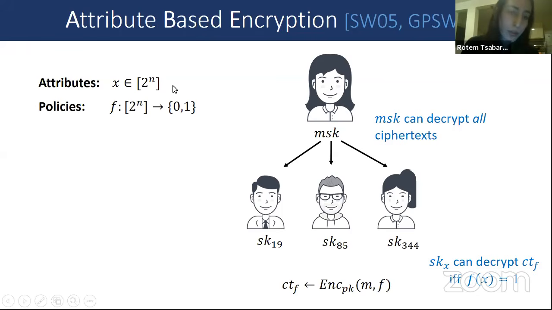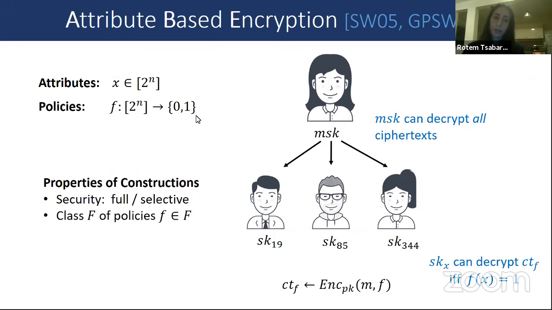And then every time we want to encrypt the message, we specify some function f, which we call the policy, and this f should specify which attributes are allowed to decrypt the message. So this function f takes an attribute and it outputs either 0 or 1, which determines whether a key respective to this attribute should be able to decrypt the ciphertext. So now assume that we have an attribute-based encryption system, then we can